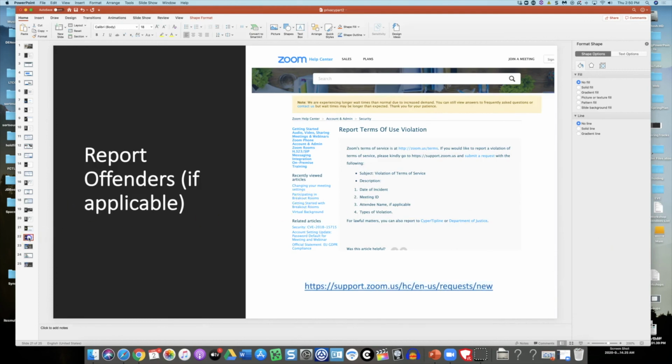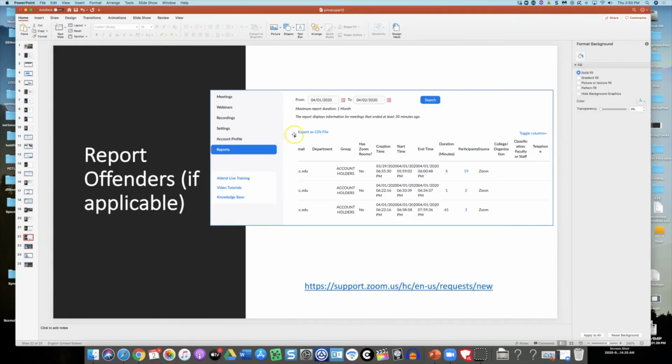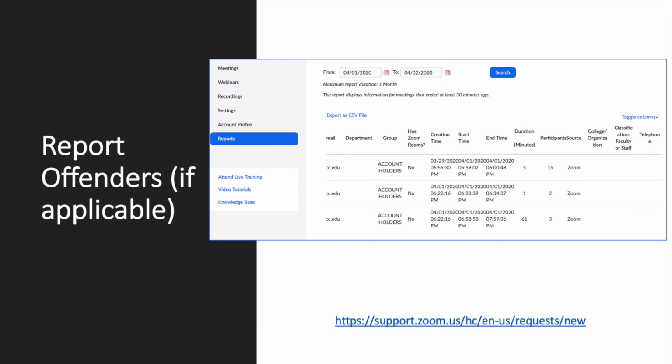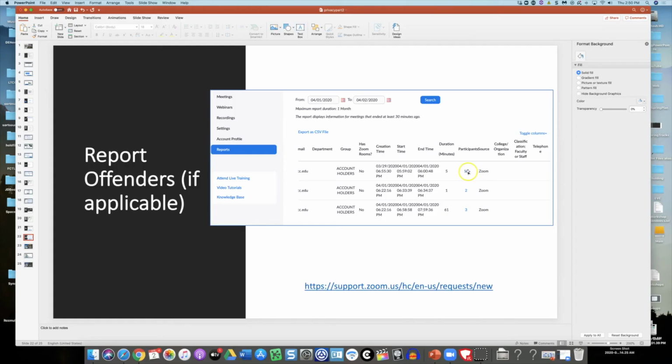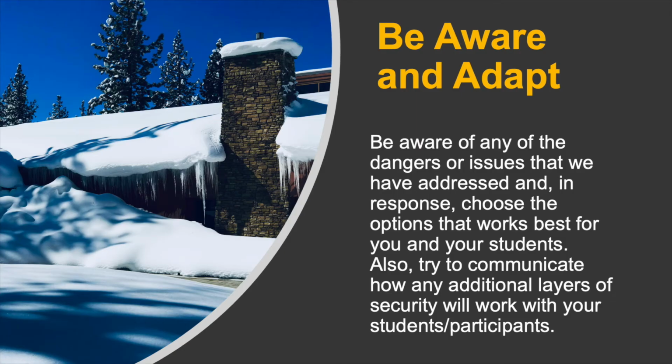And that's a good tip, is after a meeting, if you go to your reports and then click on the, it's usually a blue number here, it's your attendees. Once you click on there, you could then look at who attended. And again, if there are any email addresses, and I had a few, you could send that to Zoom, and hopefully we get these offenders banned, because they need to be banned from the use of this technology.